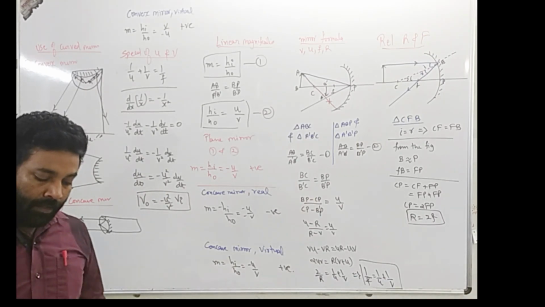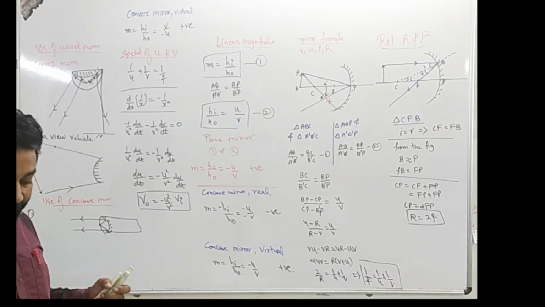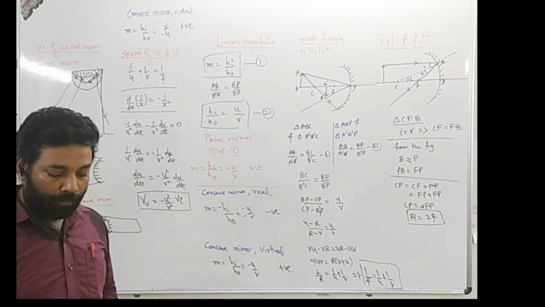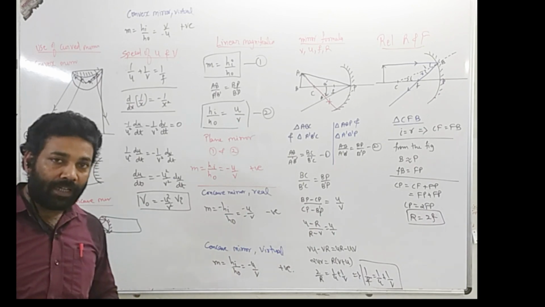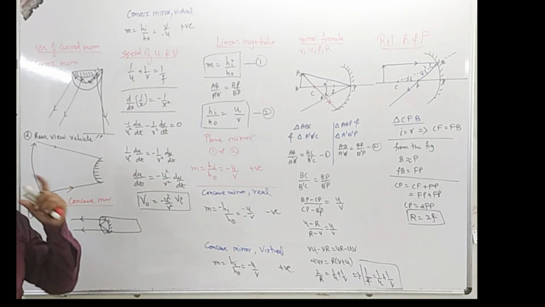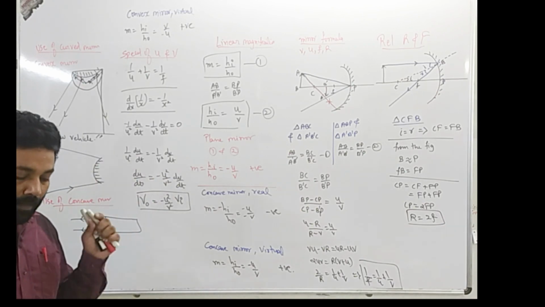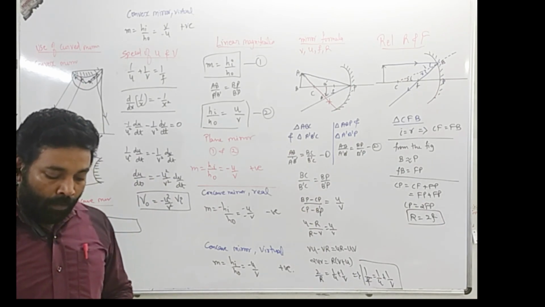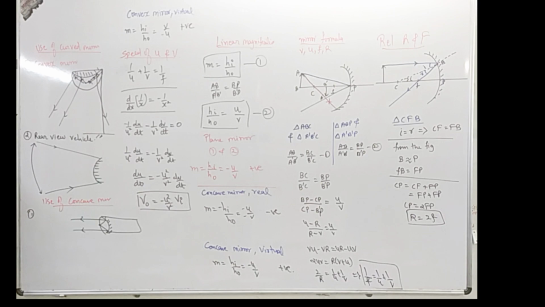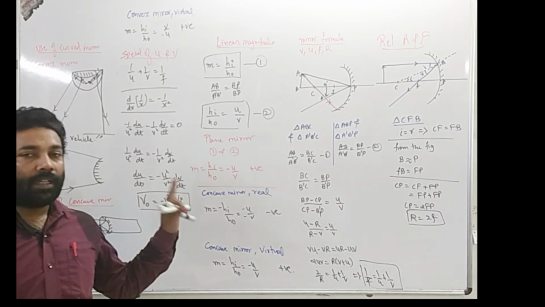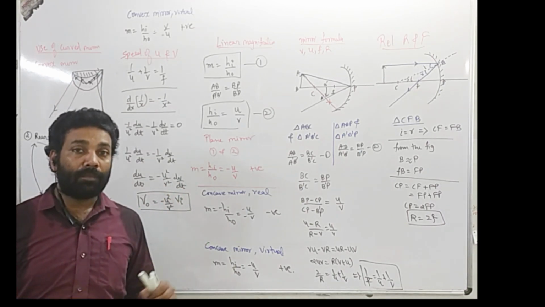Another use is in the ophthalmoscope for reflecting light onto the retina of the eye, may be used by opticians. Concave mirror is also used as a head mirror by ENT specialists, right? They want to see inside of the ears, maybe in magnified form, so they make use of the concave mirror. Concave mirror is also used as a shaving glass. It gives a very broad and a very clear view of your cheek. So these are some of the uses of mirrors, and here we end the topic of mirrors, curved mirrors, reflection.